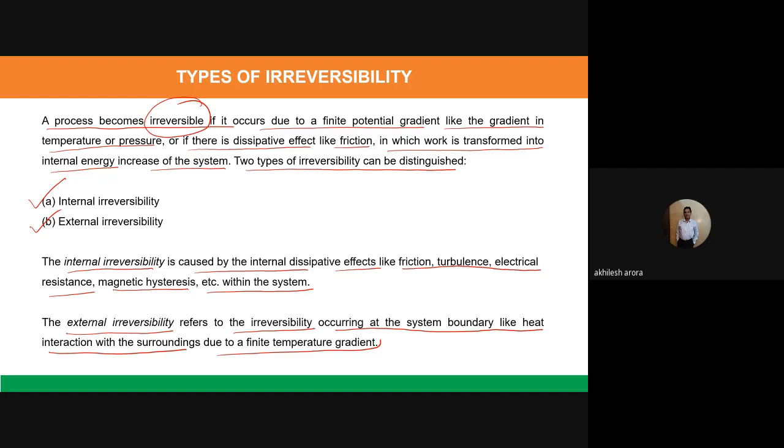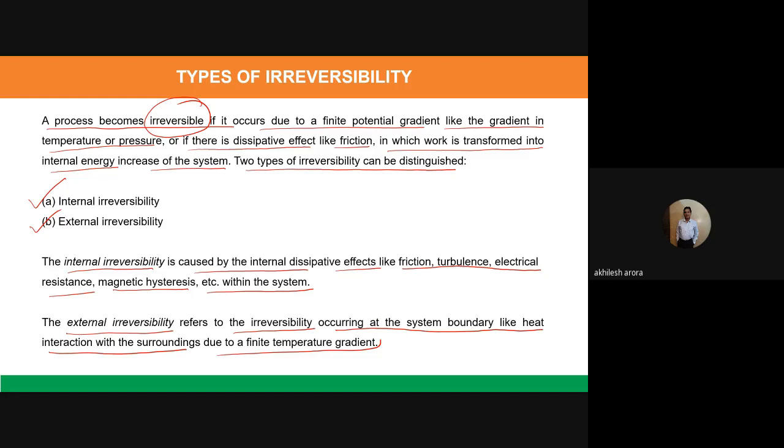There could be some other types of thoughts within yourself also. You are thinking about some vague joke which your friend said a few days back, and that is wasting your time. And the next day, when the question paper comes, and when you are writing the answers to the questions, you are still remembering that joke in your mind. So it's a sort of internal irreversibility.